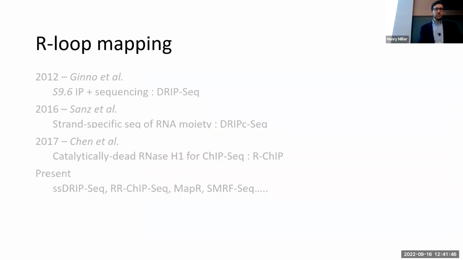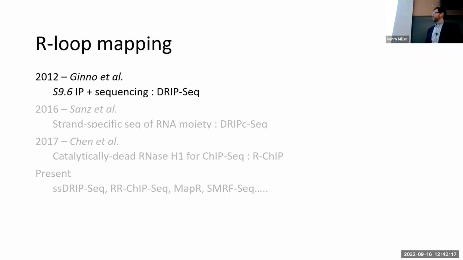So I'm going to jump right in here and talk about the first step in that process. So just to get a little bit of context and background into R loop mapping, it was first developed by my external committee member, Dr. Chédin, in 2012. And the first R loop mapping technique described was called DRIP sequencing. Now, because this is still the most prolific R loop mapping technique in the literature, and many techniques are based upon it, I felt it would make sense for me to just briefly walk you all through the steps of